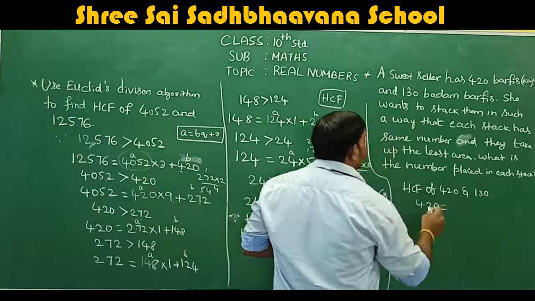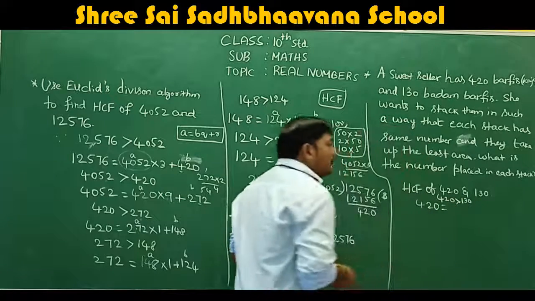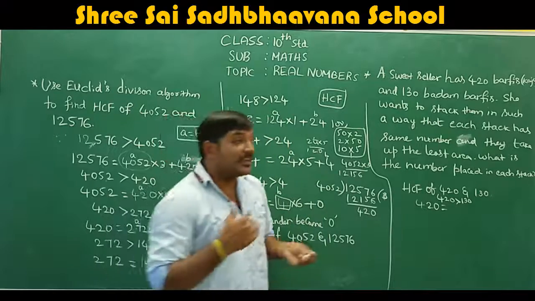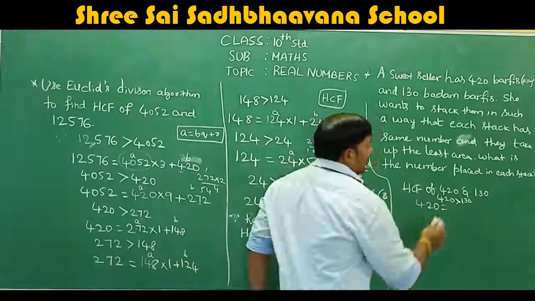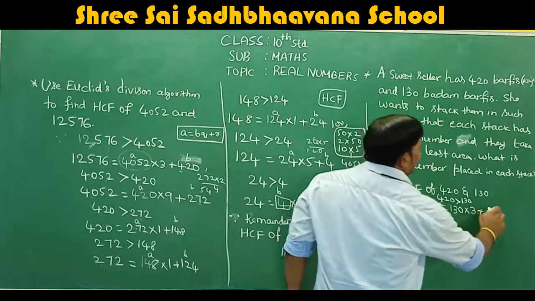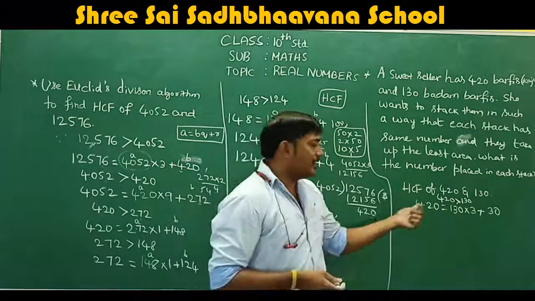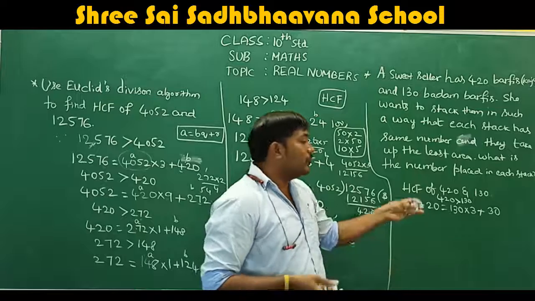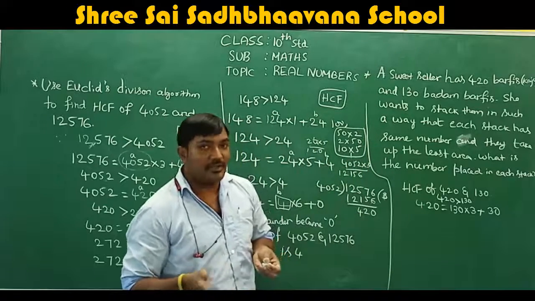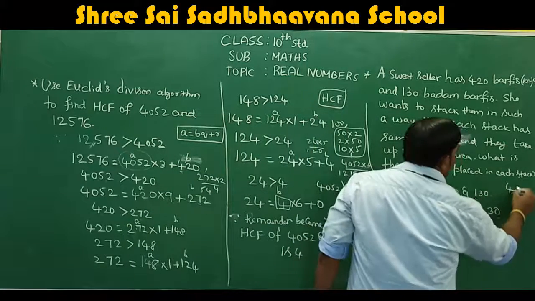420, and here 420 is greater than 130. So when you divide 420 by 130, how many times does it go? 13 threes are 39, we know. So can I write it as 130 into 3? So how much? 390. You will be left with 30. I'm doing it a little directly because you guys know division. 420 can be written as 130 into 3, which is 390. What is the remainder? Remaining 30. So I'll do the division also here.